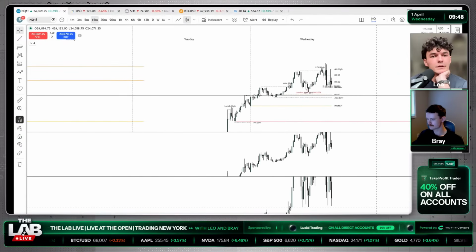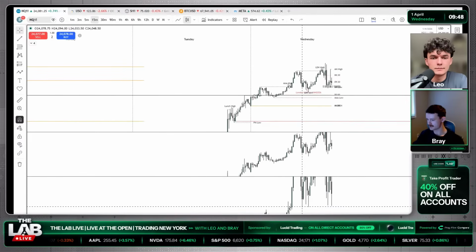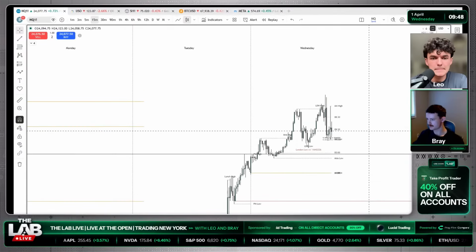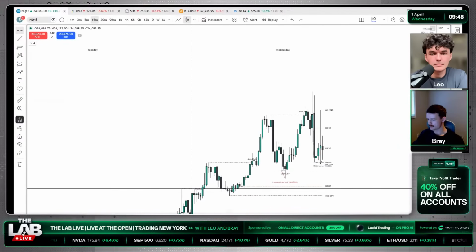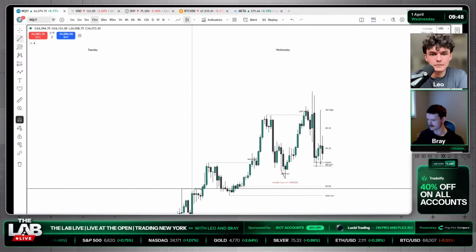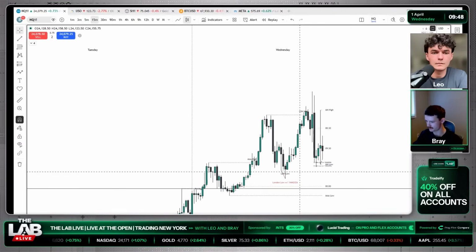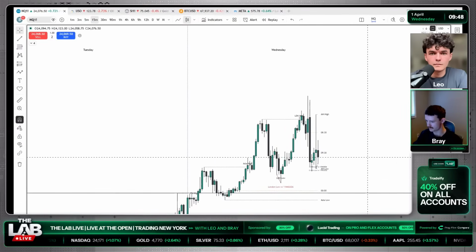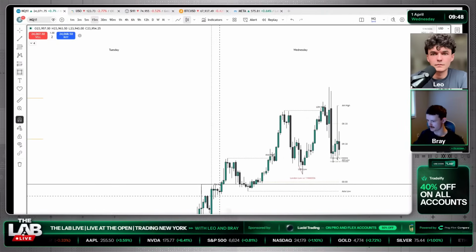Yeah, I'm really not intrigued by this, to be frank, chat. YM is about to take its London low here. And we're about to have that SMT where initially NQ takes the low and then fails to take that same low later. So you have a shift where NQ forms the sweep and then forms the failure swing. And it's trading inside of a 15-minute breaker here.